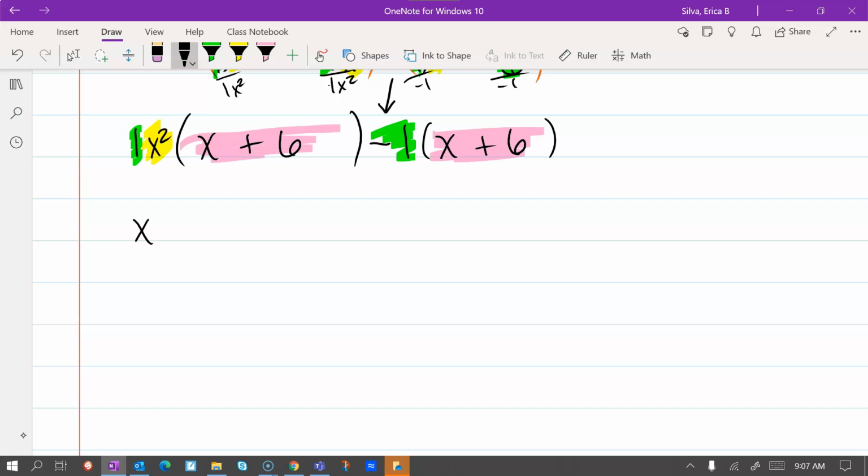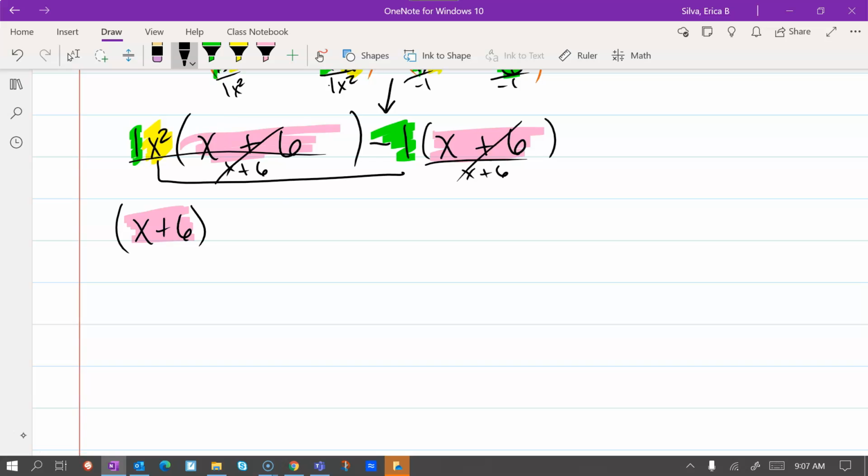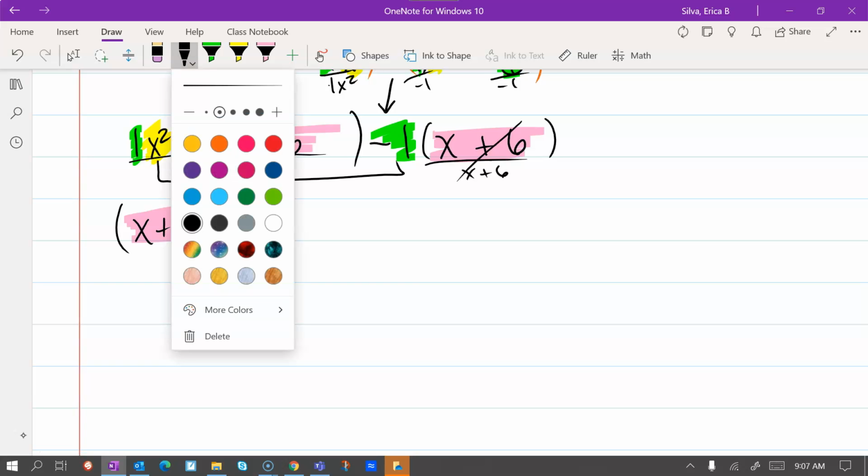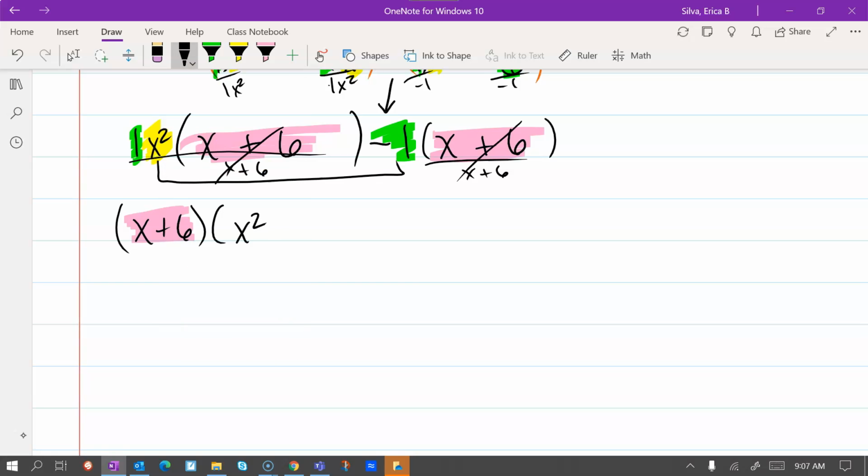So now we're going to factor out what they have the same. Because remember, it's like if we're dividing each side by x plus 6. And whatever we have left over is our second factor. So we've got x squared minus